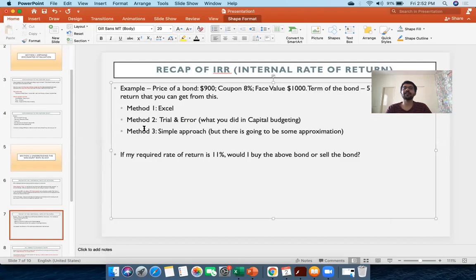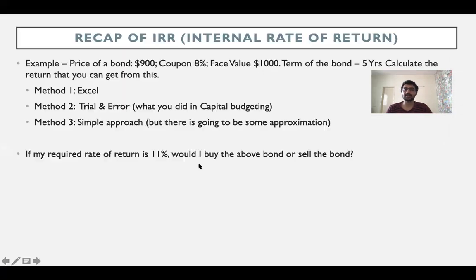Now, obviously, I've done method 1, which is nothing but the Excel spreadsheet. You have 2 other methods, which is the trial and error method, exactly like what we did in the capital budgeting example. And then there is a simple approach as well, which is going to be subject to a little approximation, the hint of which I've actually given in this lecture already, right? Method 2 and method 3, I would be taking as part of the next video lecture. But before